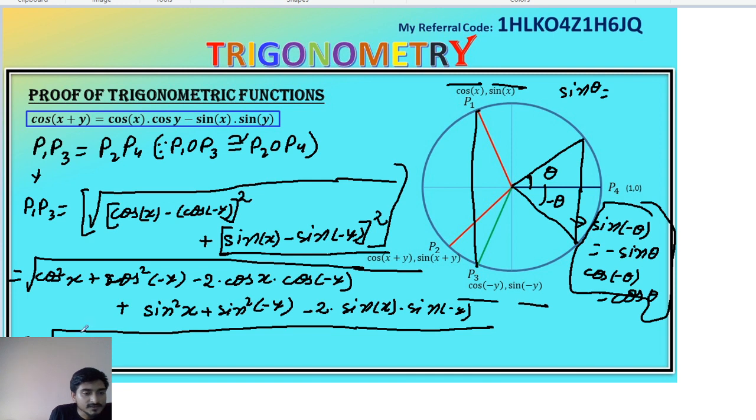So if you have cos square x, you can directly write it as cos square x plus cos square of minus y. So cos of minus y, this is nothing but cos of minus y square. So I can write cos of minus y as cos y itself. Okay, so this becomes directly cos square of y. Same way, can I write this as minus 2 into cos x into cos y,